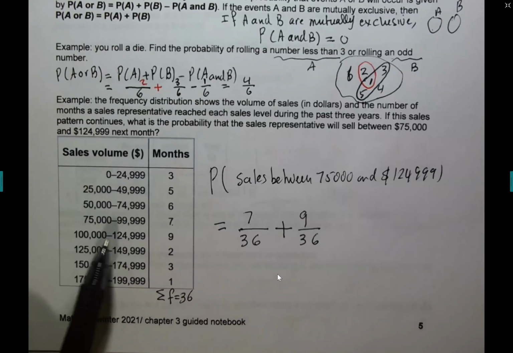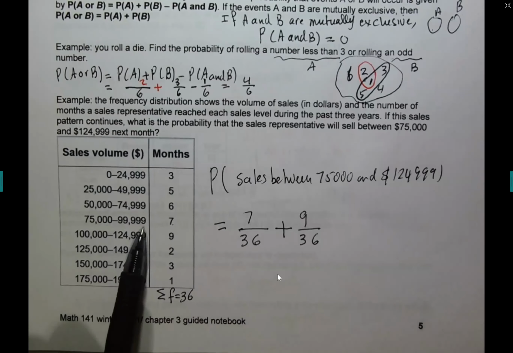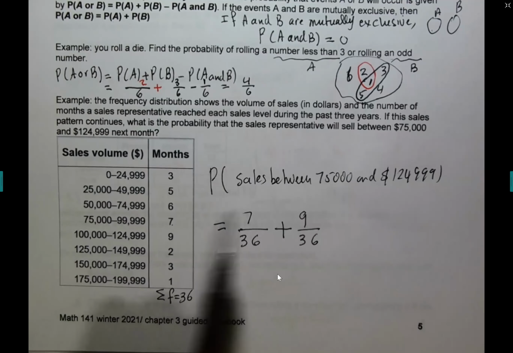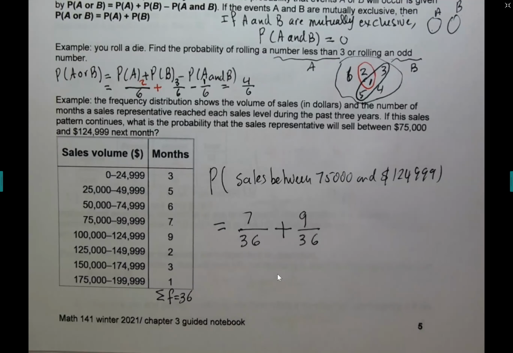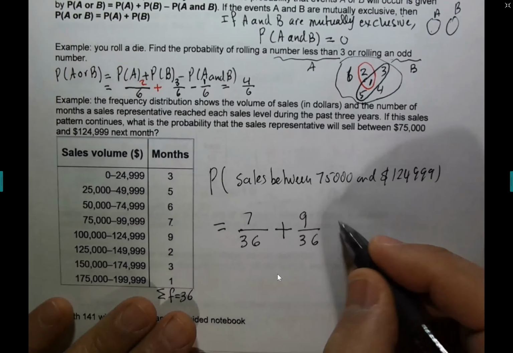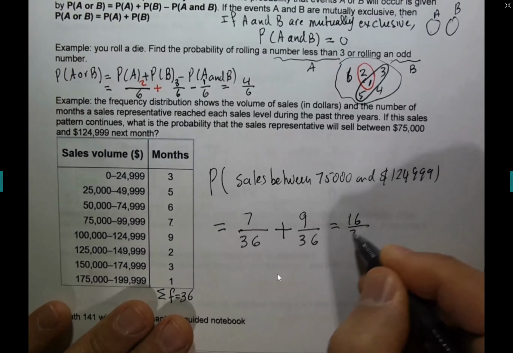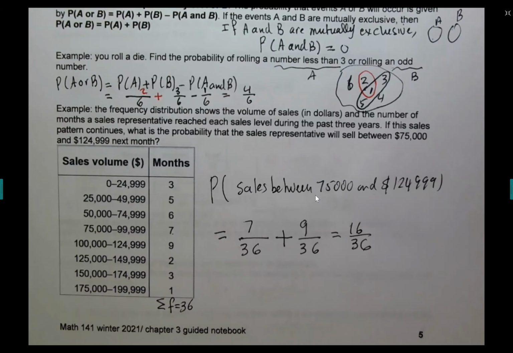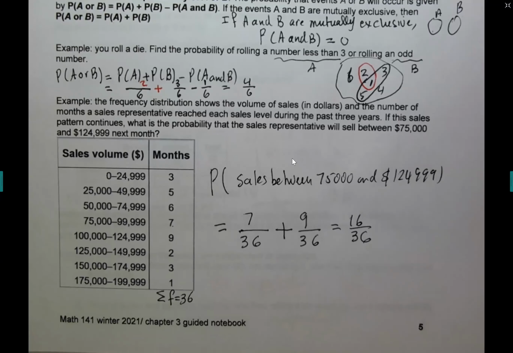There is no minus here because the events are mutually exclusive. They don't overlap. Look, guys, you go to 99,999 and then you jump to 100,000. There is no intersection in between the two. And that's why you just add the two probabilities. So that will be 16 over 36. Okay, guys, you can take your